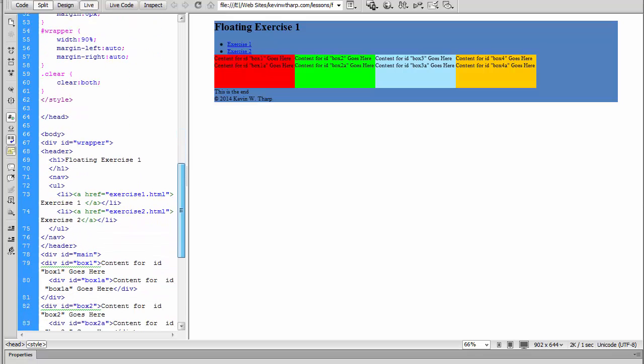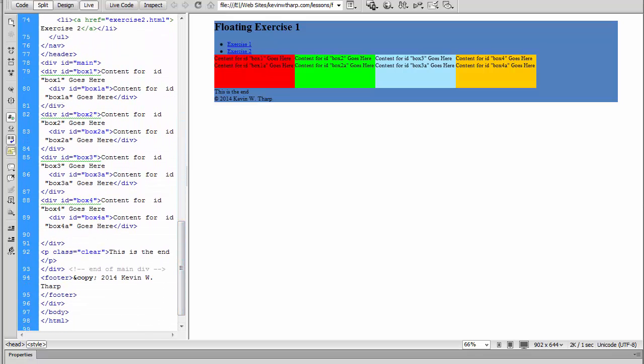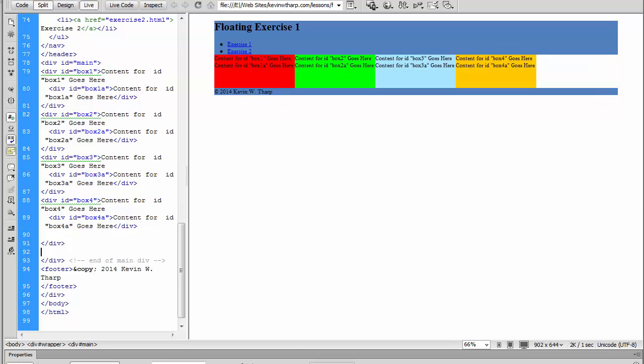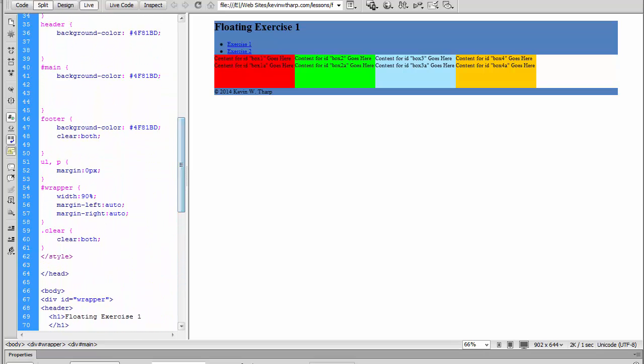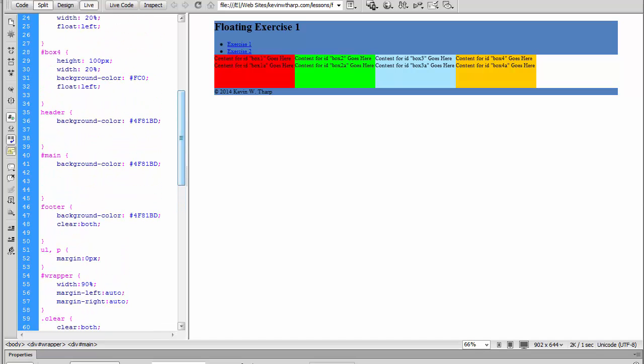So now let's go on to the next one, and so I'm going to clean out that paragraph. I'm going to leave that clear rule up in there just in case I decide to use it later. But another thing that we can do is use the overflow property. The overflow property we haven't talked about yet, but what it does is it says that if there is more content than fits into an element or the space that's available for an element, how do I handle that extra information? And so what the options are for that, I'm going to go into main here,